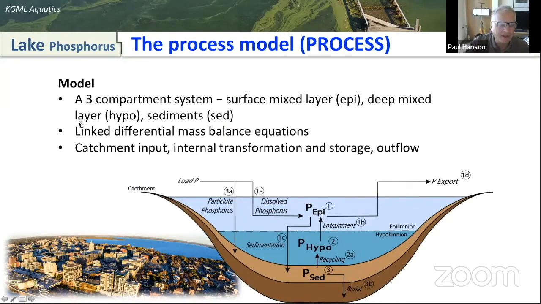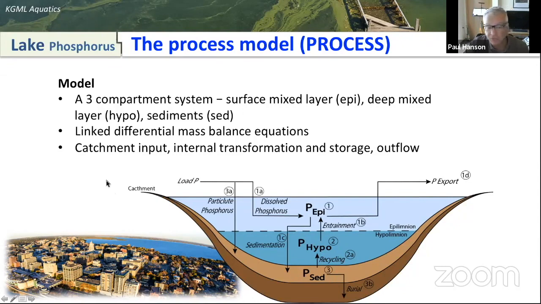The process model was a very typical approach that we would use in modeling biogeochemistry in a lake. This is a schematic of a lake during the summertime when it's thermally stratified. The upper layer of the lake is warm. It's called the epilimnion. It's where we would swim. The lower layer in the lake is called the hypolimnion. It's cold. And when it becomes anoxic, it is a place where cold water fish species end up dying. And the third layer in the system here is the sediments.